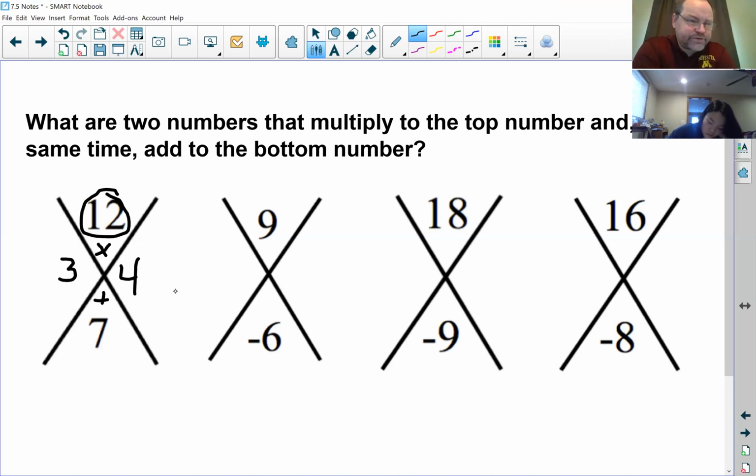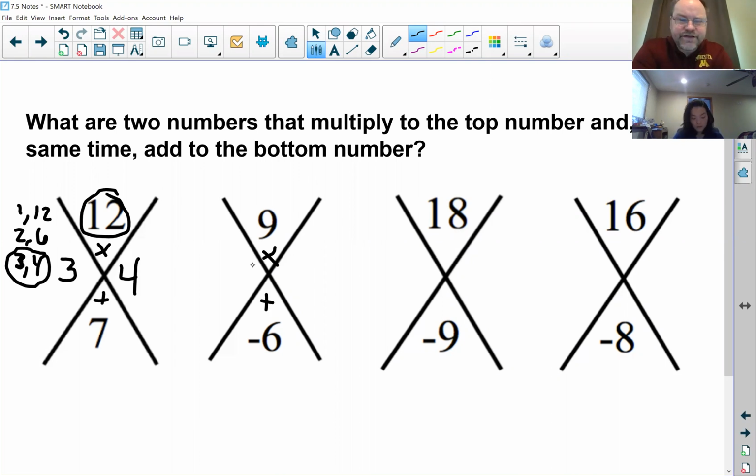And if you didn't see that it was 3 and 4, one option is to write the factor pairs, 1 and 12. We know they both have to be positive because they multiply to a positive and add to a positive. So you could look at your factor pairs, and 12 is one that we worked with quite a bit. So there are the factor pairs. If you saw it right away, you probably didn't need to do the factor pairs, but this is always an option. All right, two numbers that multiply to 9